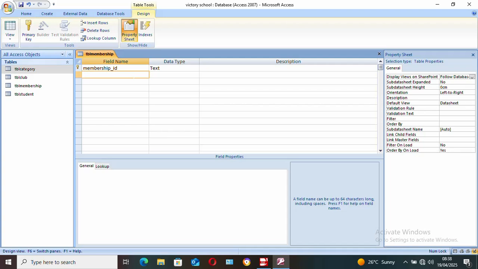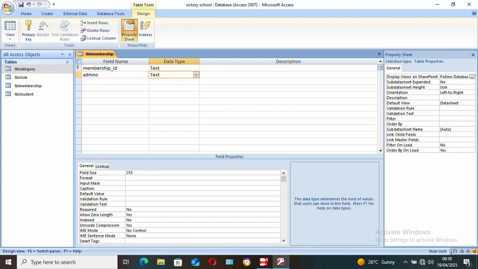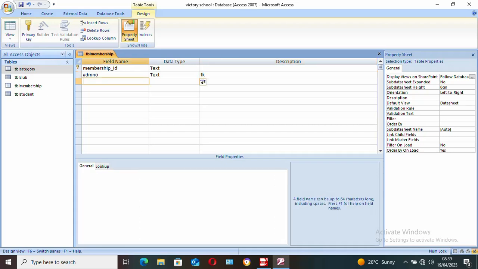So we are going to go to admission number, which will be a foreign key from the table student. So this one is going to link these two tables. Then we are going to have the club ID, and this one is going to tell you which club a member wants to join. Club ID,